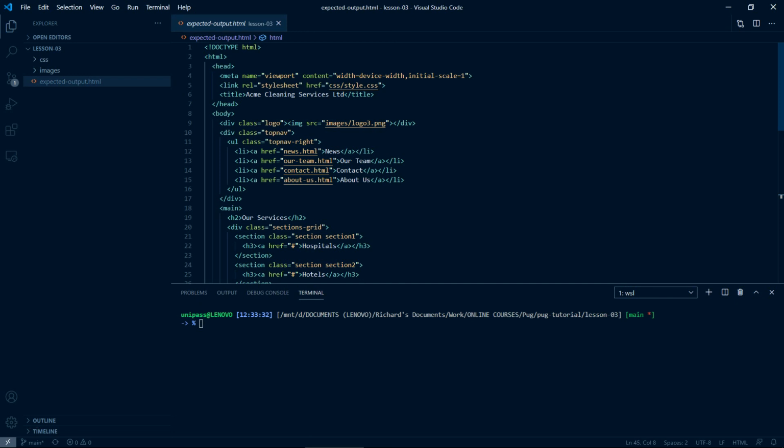Make a new folder named Lesson03. And in that folder create a new Pug file named index.pug. Use Pug on the command line to watch it, and compile it automatically to an index.html file in the same directory, which at the end should be identical to expectedoutput.html if it's all done correctly.